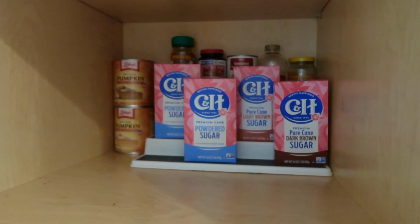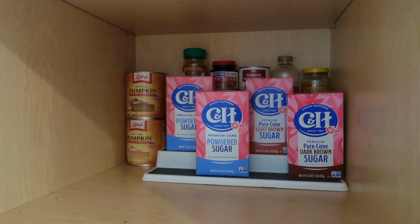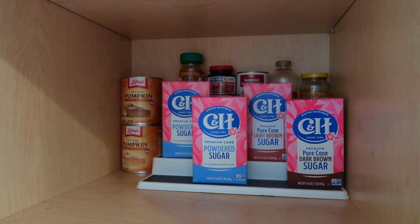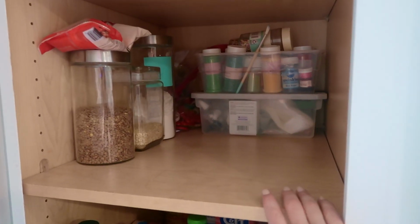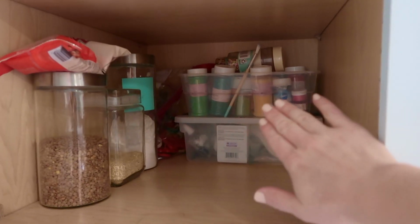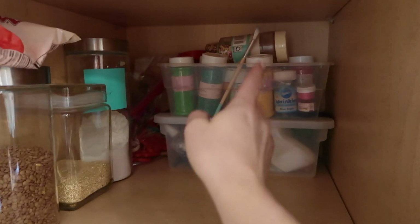I'm stacking them like that because I really don't have any other bottles or anything small. I mainly have a lot of bags, so that's how I'm going to display all that. I went ahead and started reorganizing the middle shelf, and I'm keeping all this stuff up here. It's pretty organized. This is all my baking stuff, like sprinkles are all on the top, and then I